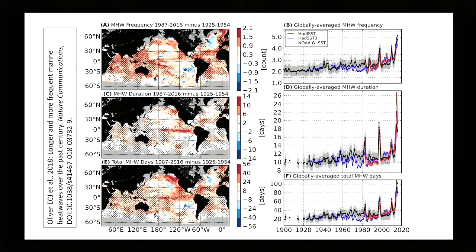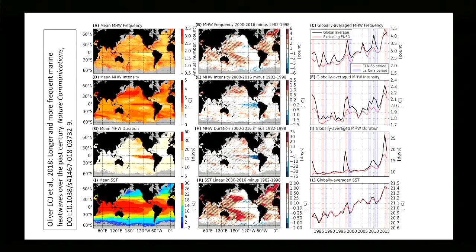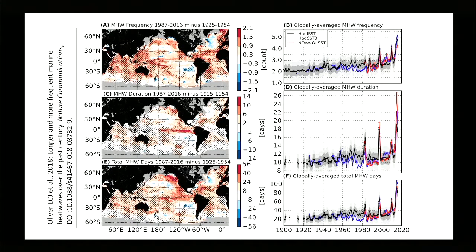And this one here just extends the record. So that previous one was really just over the satellite record, from the early 80s through to 2016 or so. And then by using some representation of proxy from more monthly data, connecting that to the daily observations, we connected it way back to 1900 to try and understand a bit better the long-term trends in marine heat wave frequency and so on. And you can still see those ENSO events showing up, the extreme ones, 82, 83, 97, 98, and 2015, 2016. But overall, if you take those out, you can still see the trend is evident in the data.